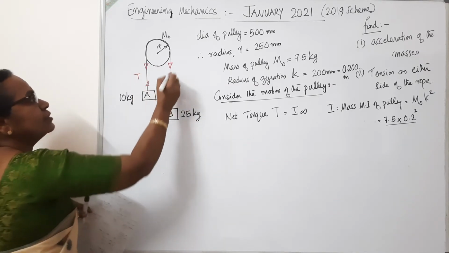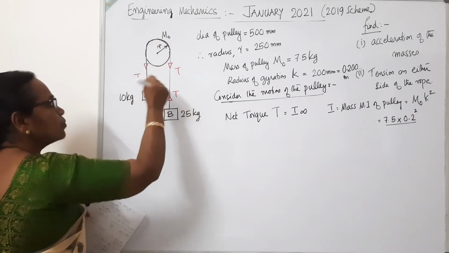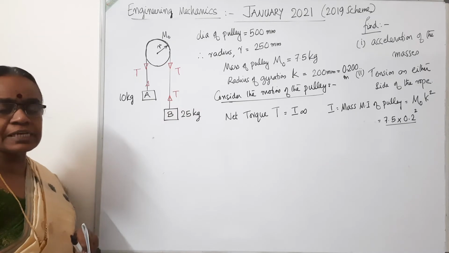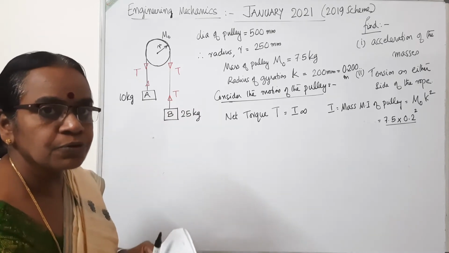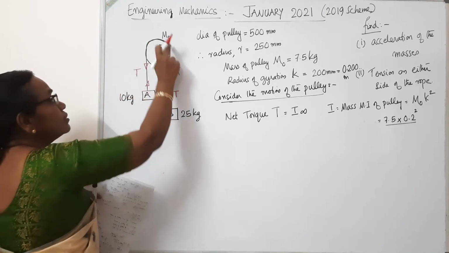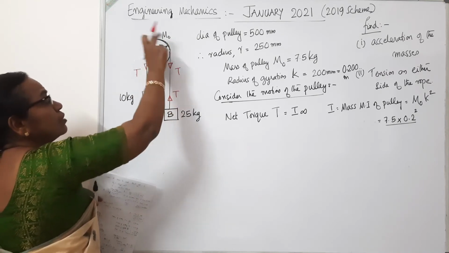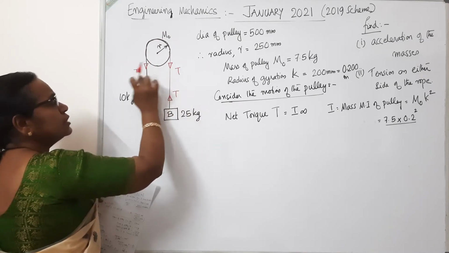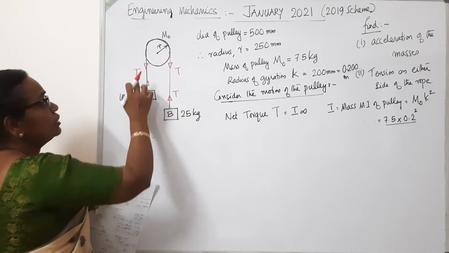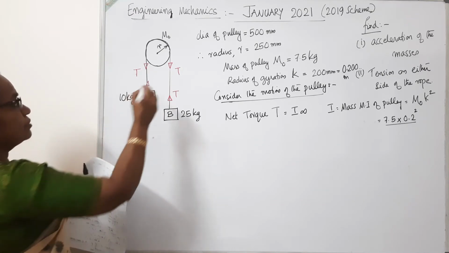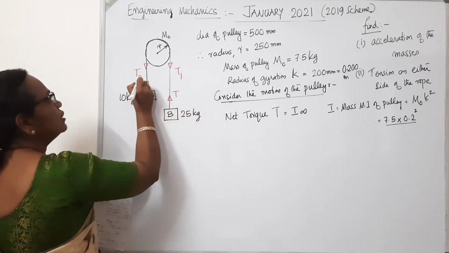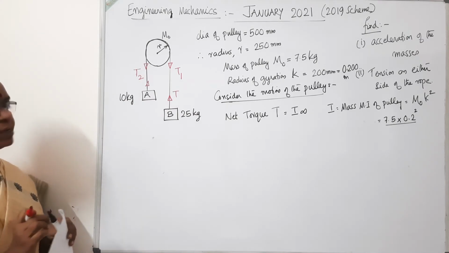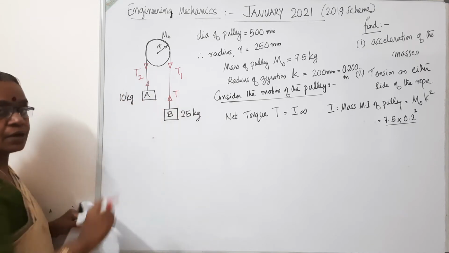The tension in the rope, if you mark it here, is downward, pulling the pulley. At the mass end, it will be marked upward. So this is the tension in the rope on both sides. But since the pulley is not smooth, or since the pulley has some definite torque, the tension on either side will be different. If I mark the tension on this side as T1, the tension in the rope on the other side will be different. Let T1 and T2 be the tensions in the ropes on either side.